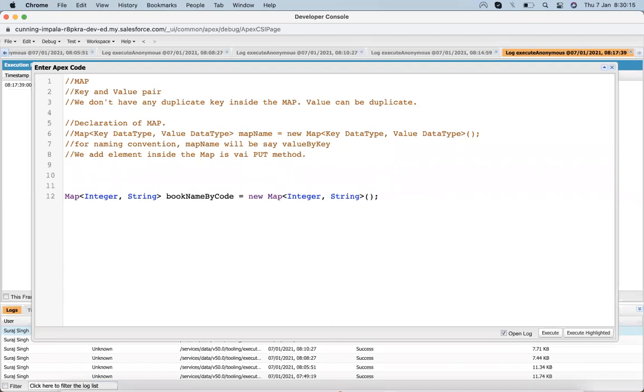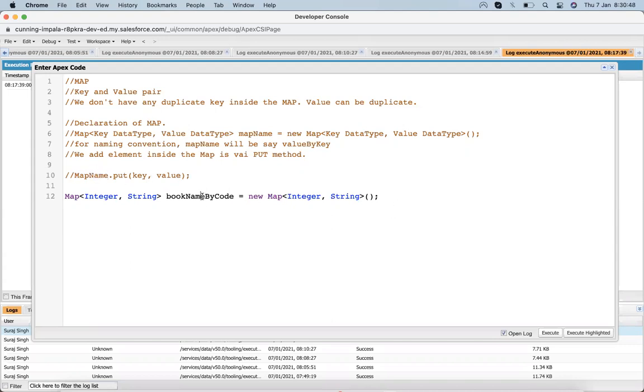We just write the map name dot put, then brackets with key and value. Whenever we need to put a value inside a map, we write the map name dot put and then the key and value.